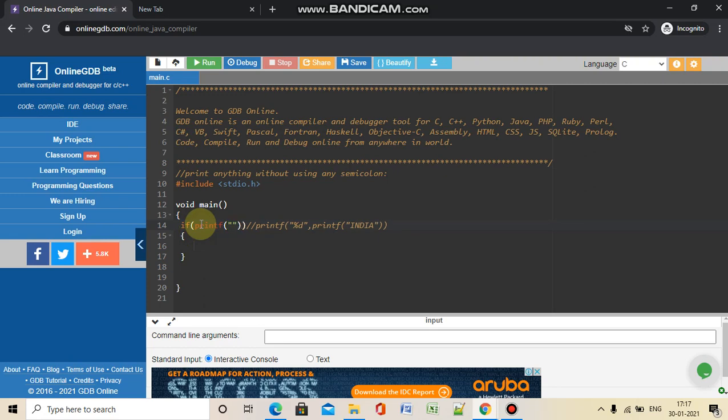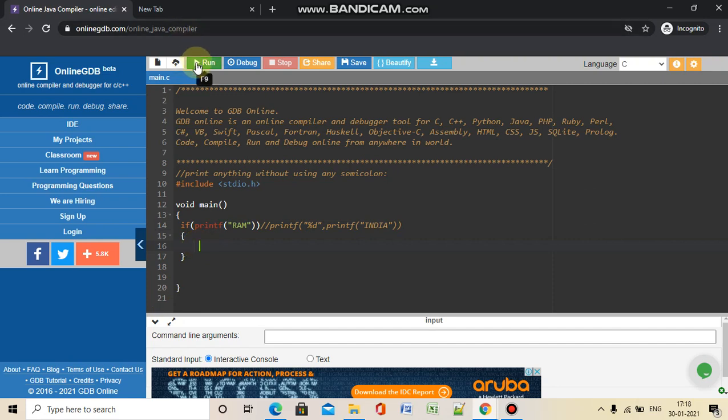Okay, so I'm just going to write it again. So this is now completely okay. As we can see, I have not written anything inside the if block, because I am not allowed to use any semicolon. So I am going to leave it as it is, and we will check if we are getting our output as per our requirement or not.